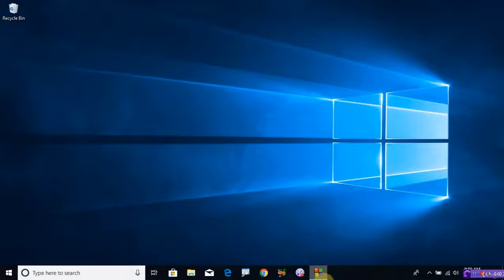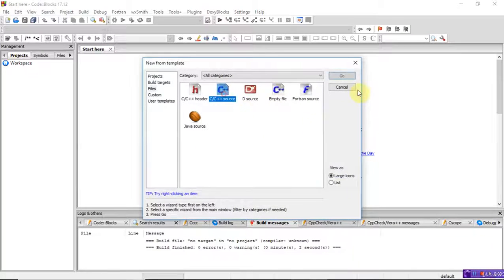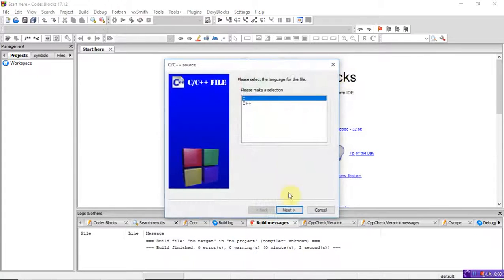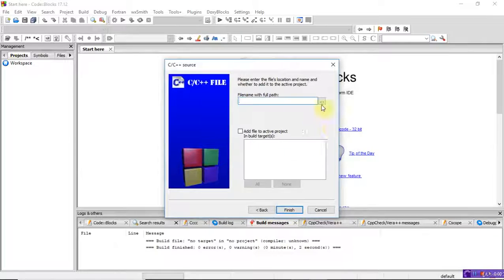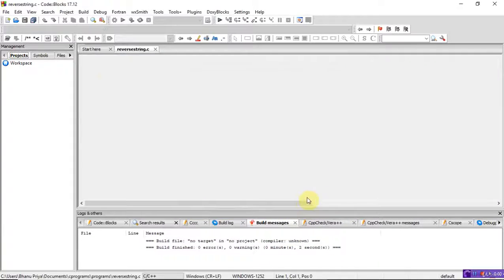So just open Code::Blocks, File, New File, C source, C language, give the file name here, reverse string. So save as reverse string dot c. Now write the program. Hash include